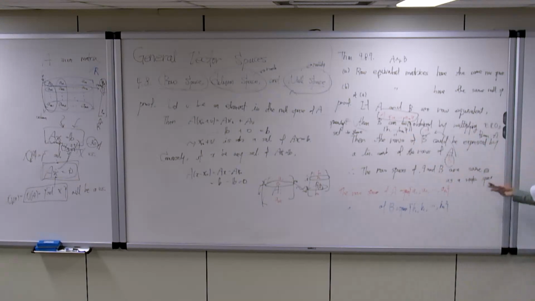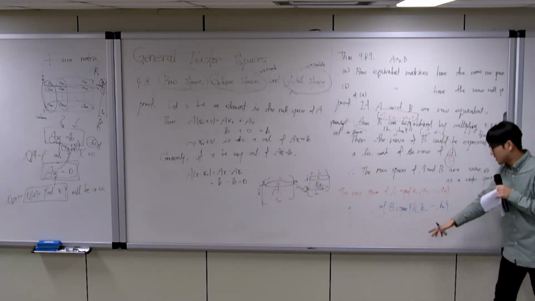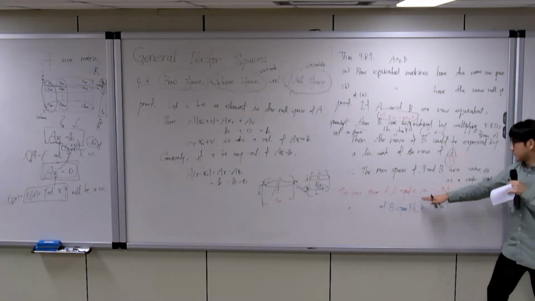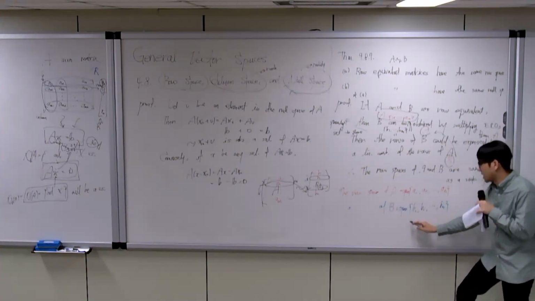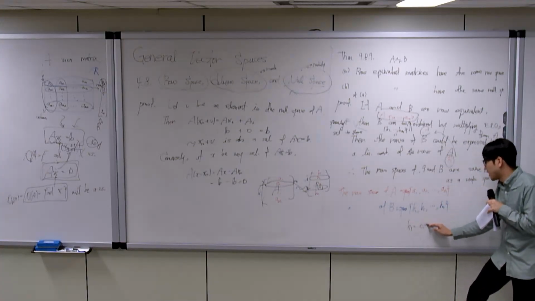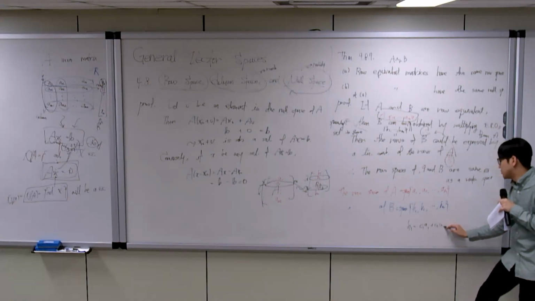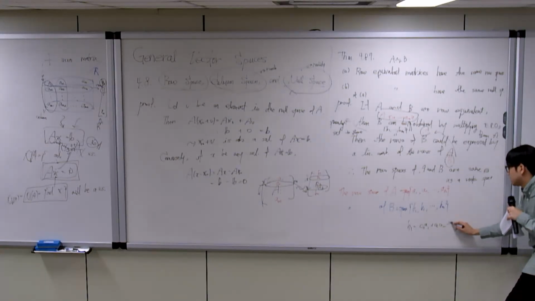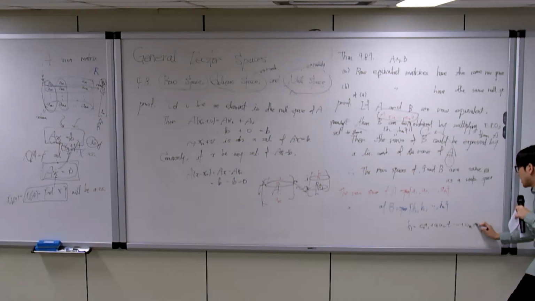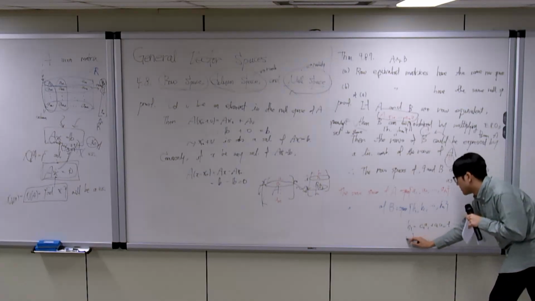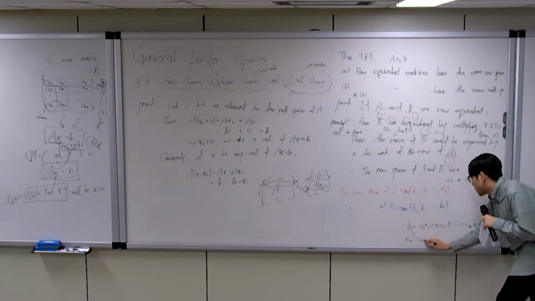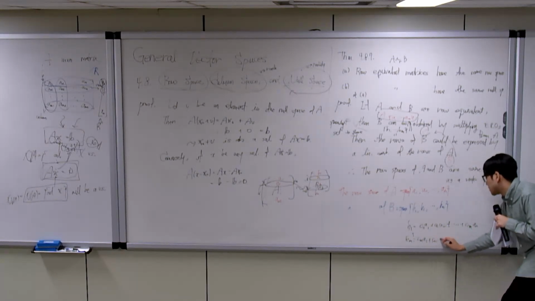Then if you construct the vectors B1 to Bn from linear combinations of A1 to Am, like B1 is C11 A1 plus C12 A2 and so on up to C1m Am, and Bn is Cn1 A1 plus Cn2 A2,